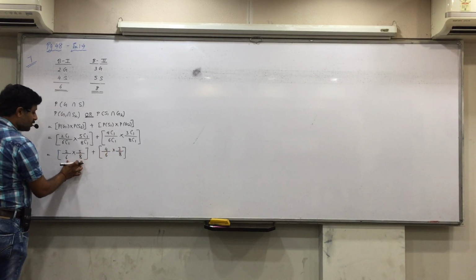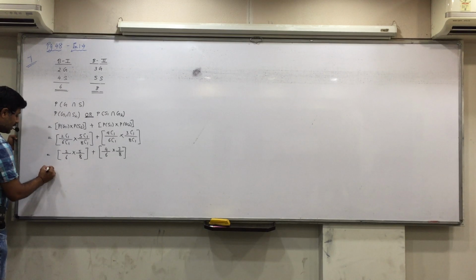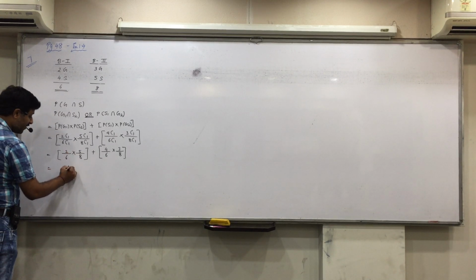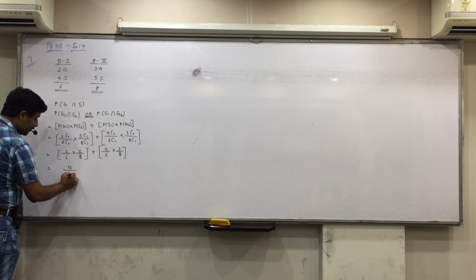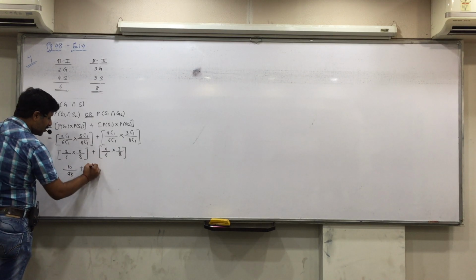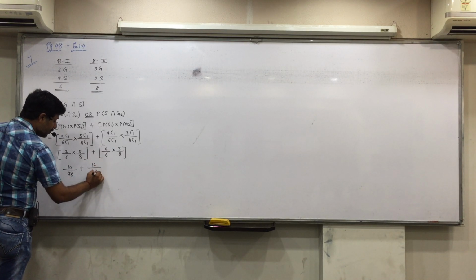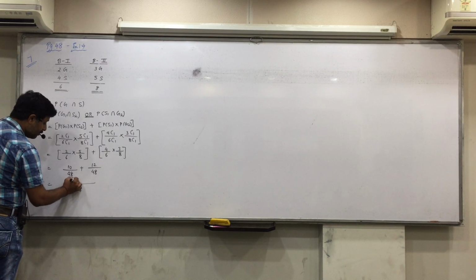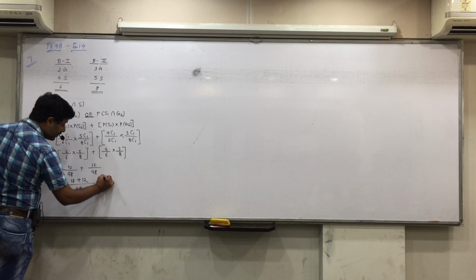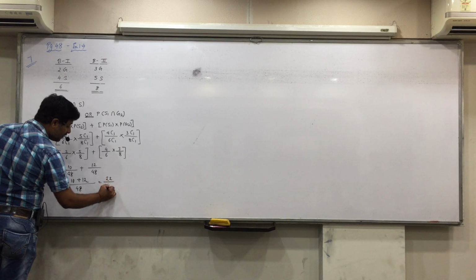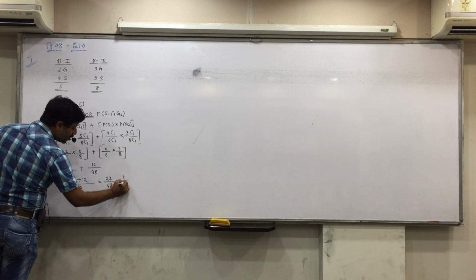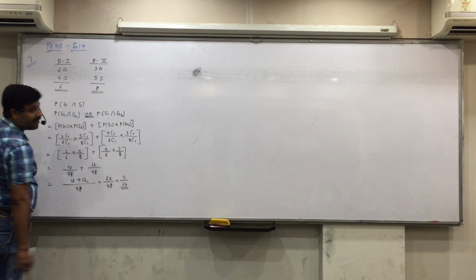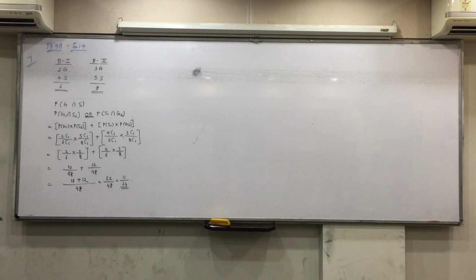Don't make the cancellations because the denominator LCM will become simple if you don't make it. 2 into 5, 6 into 8, 4 into 3, 6 into 8. So now LCM will become simple. Directly denominator is 48. 10 plus 12, 22 by 48. 2 into 11, 2 into 24. What is the probability? 11 by 24. Did you understand this question, everyone?